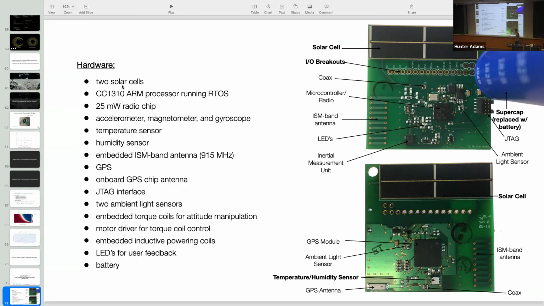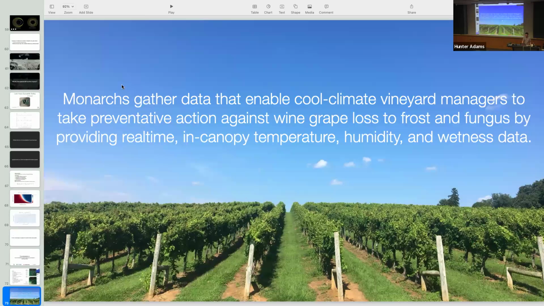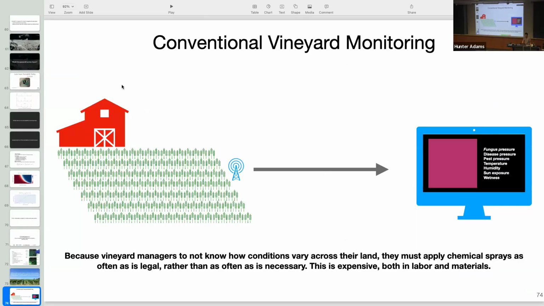Turns out, I was deploying these things in vineyards actually around here. The vineyard managers care a lot about temperature and humidity in the vineyard. It lets them know things like the likelihood of fungus forming, which can inform when they go spray fungicide and so forth. To make these a little bit more useful to those folks, I added that sensor and then deployed them in some vineyards. I tried for a while, I thought maybe this is a commercializable thing. Maybe I could make a little company out of this.